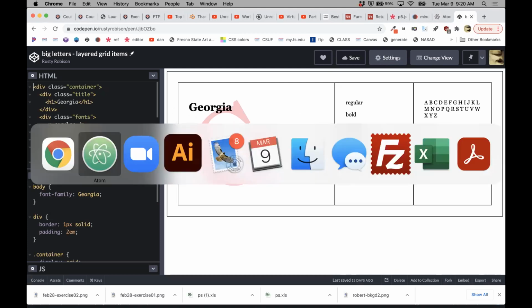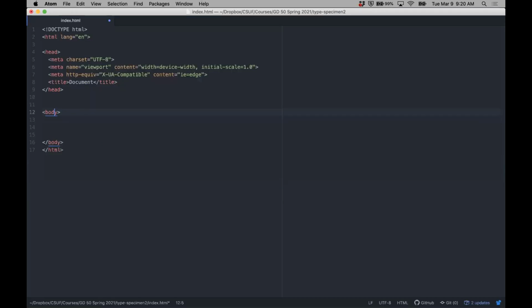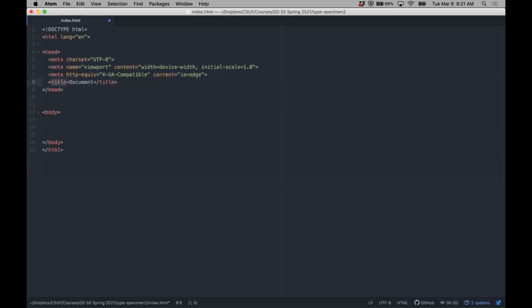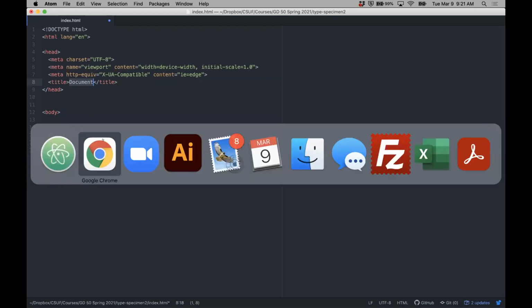Okay. All right. So you can think of the head tag as meta information. It's information about the site. You wouldn't put anything here that you want to show on the page. These you can kind of ignore, but this one right here, title, that's an important one. Title is the text that appears in the tab, in